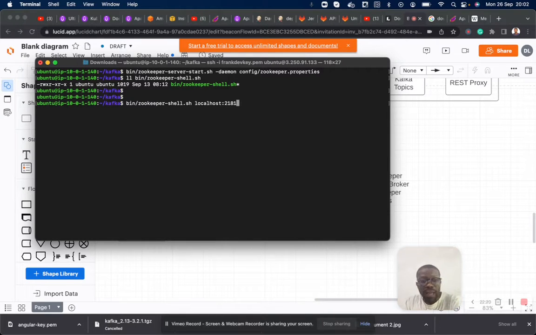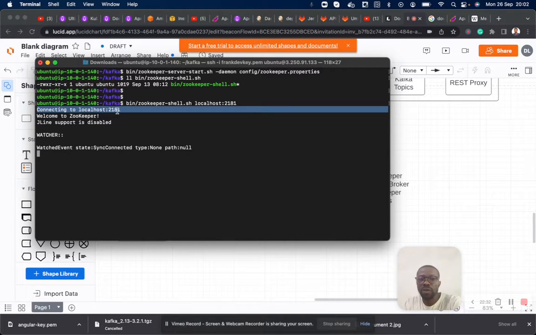So now, if we need to use or manipulate Zookeeper, we have to use the Zookeeper CLI. The moment I hit enter, I will see a connecting to localhost message and a welcome message. So now, how do we know that Zookeeper is up and running?